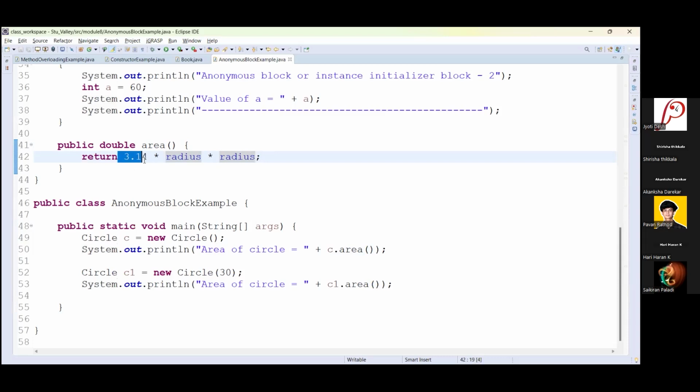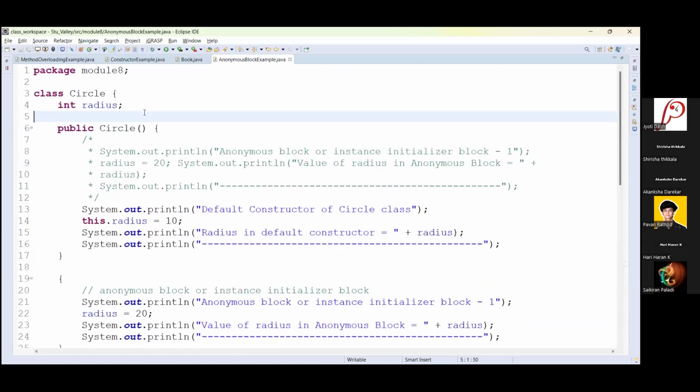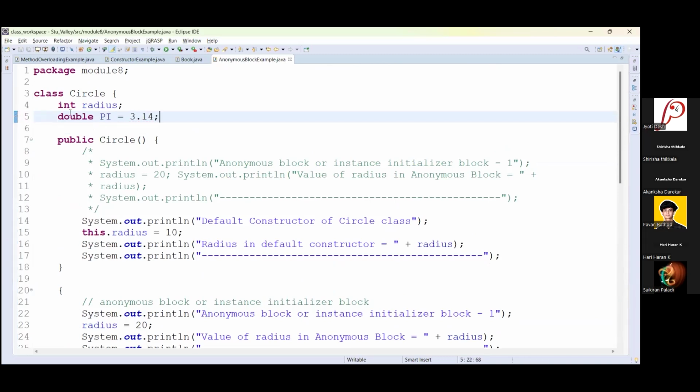For example, the value 3.14, that is pi, a fixed value. If I am creating a field here, double pi, and giving it the value 3.14,